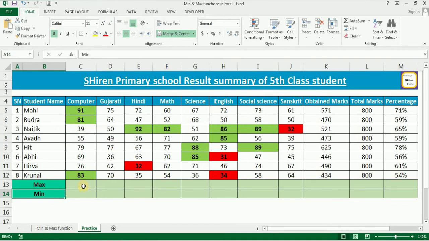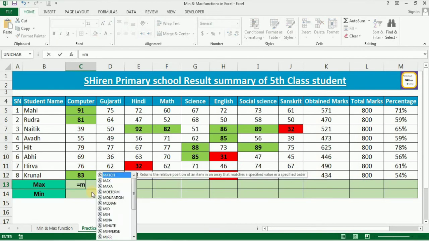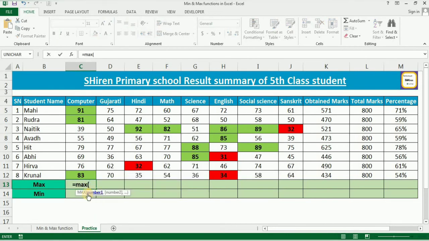We can get it from these functions. So here I'm typing equals MAX, selecting this data range, and bracket complete. Similarly, I'm typing equals MIN, bracket open, selecting the data range, and bracket complete.